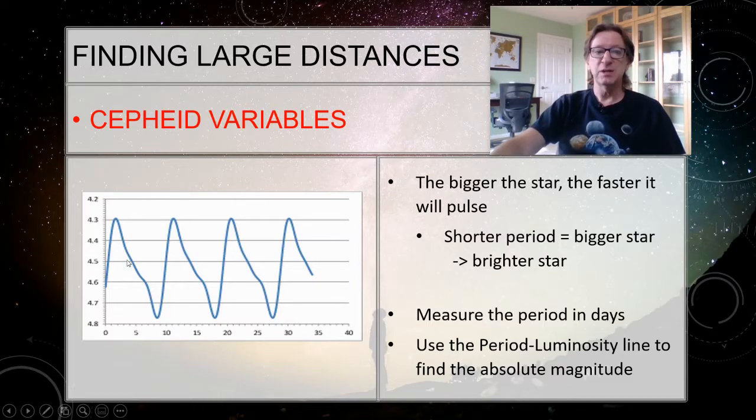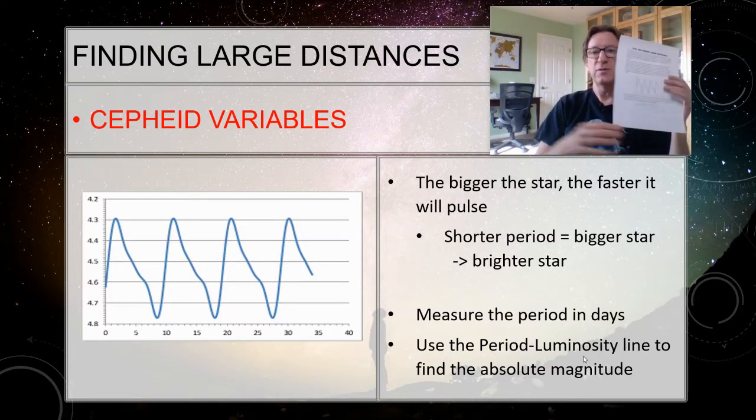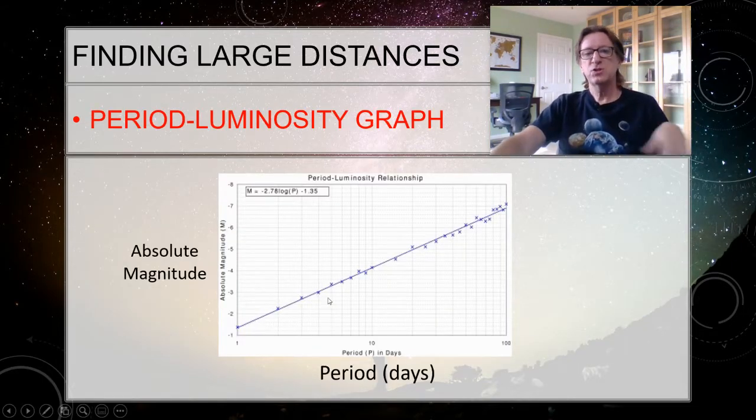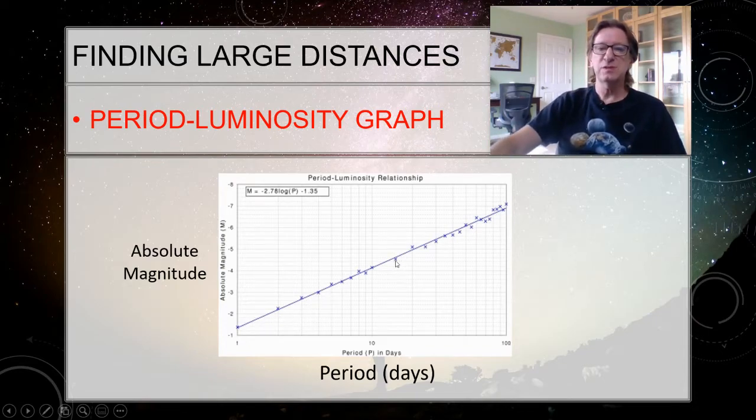So there is a relationship then between the brightness of the star, the intrinsic brightness, the luminosity, the absolute magnitude, and its period. And so she discovered this thing called the period luminosity relation. And we've got a graph for you down here at the bottom that we'll show right here. There's two ways you can use this. You can use the graph itself if you don't want to do any math, and just make sure that you're reading it correctly.